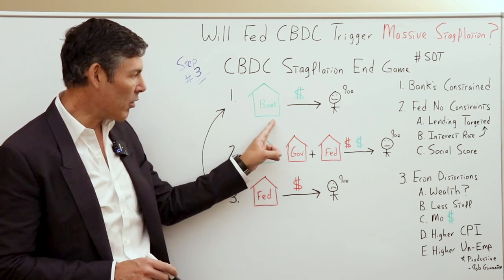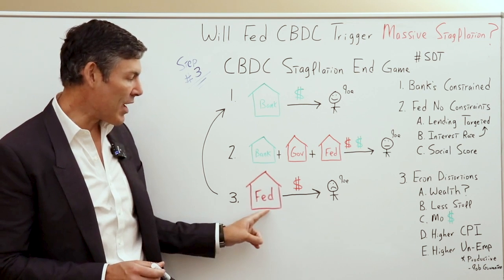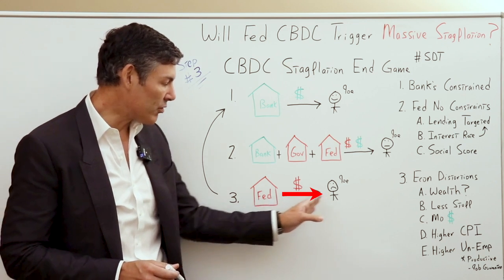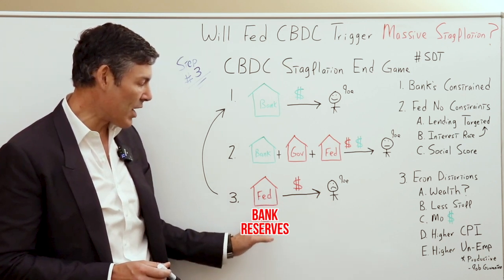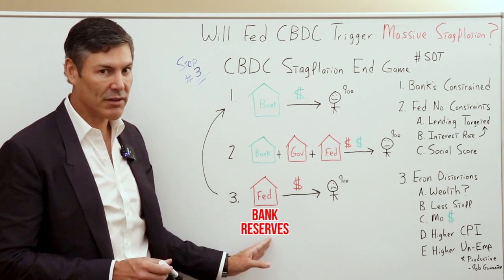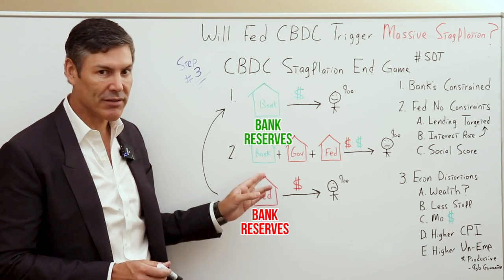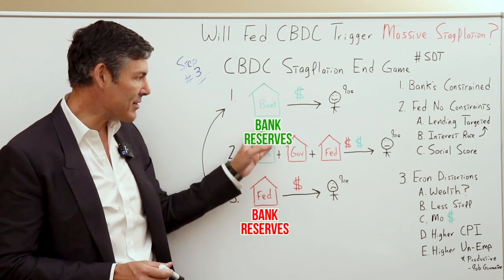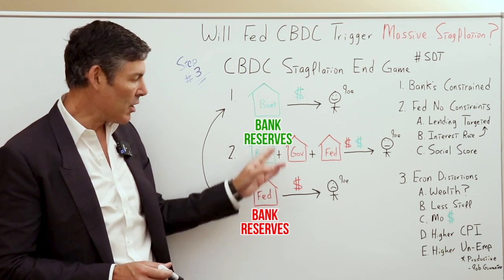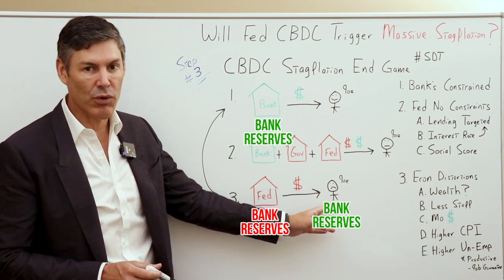Just like right now, you have an account with your bank. Well, if you have an account with the Fed, that means they can lend directly to you. So those bank reserves that they can create out of thin air, the fugazis, that used to be assets of the commercial banks, would now be assets of not only the commercial banks, if they were even still around, but of the individuals and entities in the real economy.